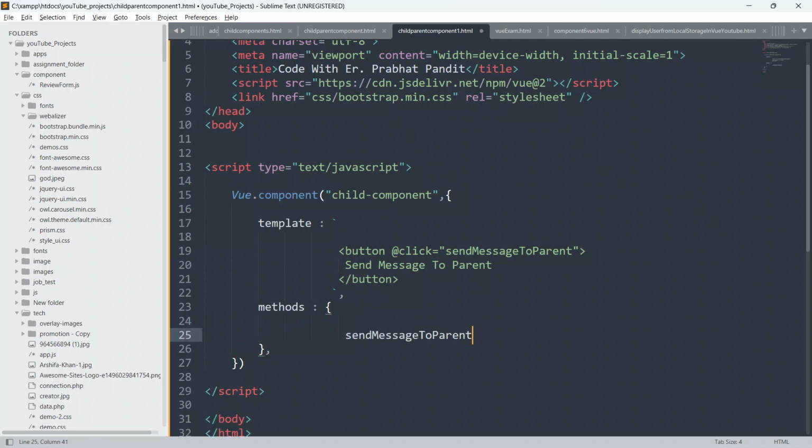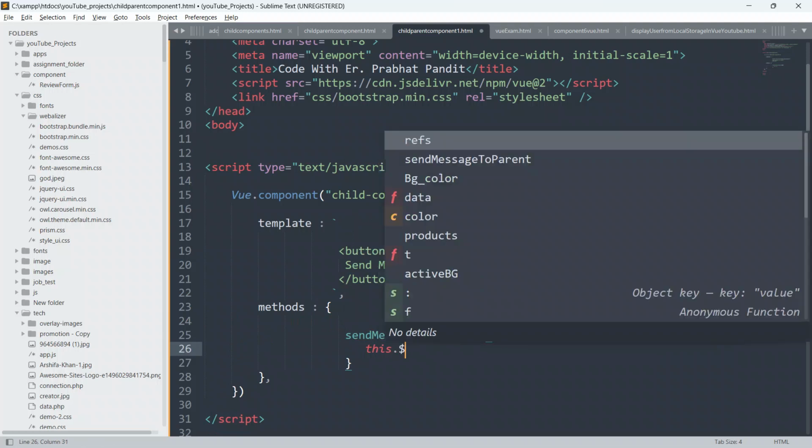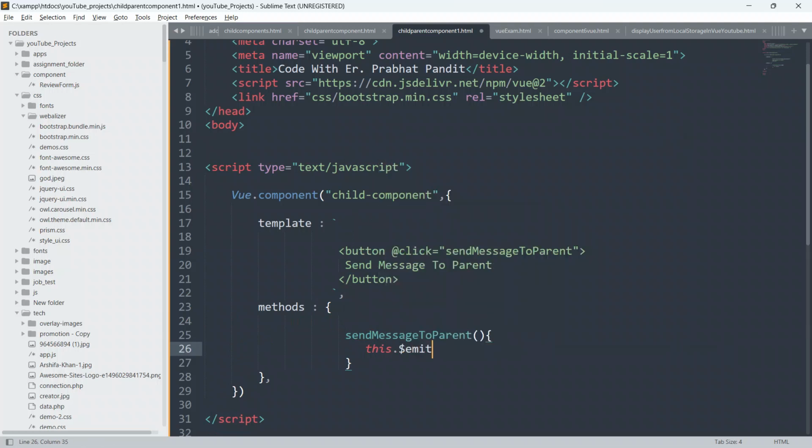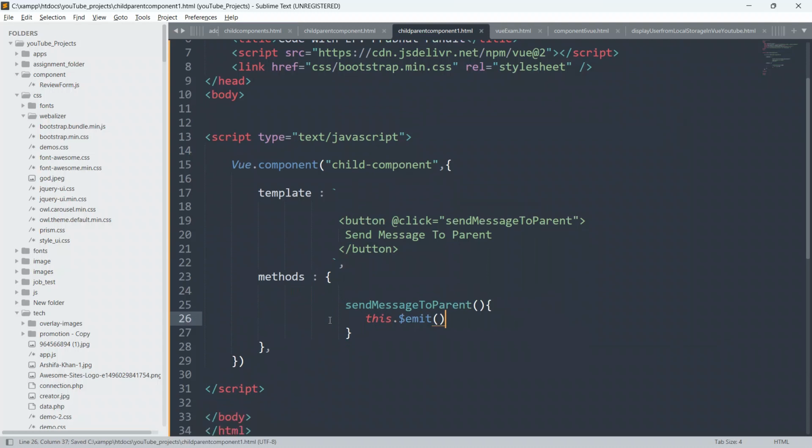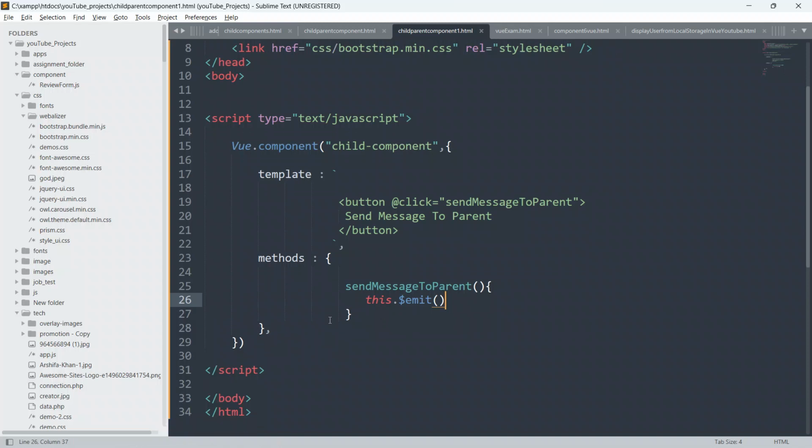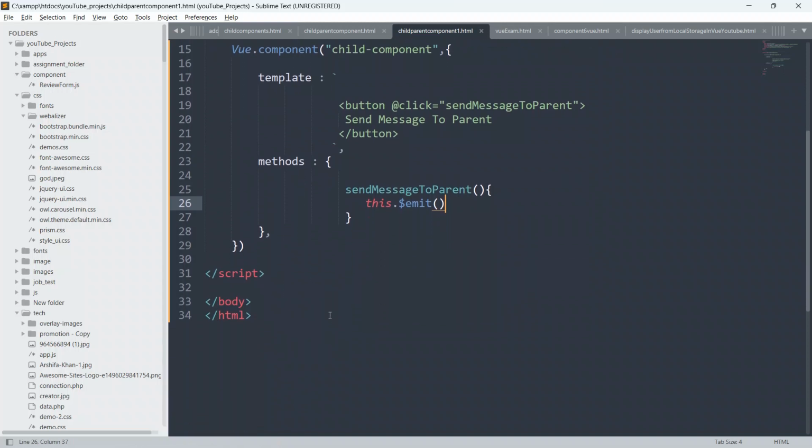Paste it here, put open and closing curly braces, and we will say this dot dollar emit. And what to emit guys? This custom event. So I will give single inverted commas and say child event, and just close this.